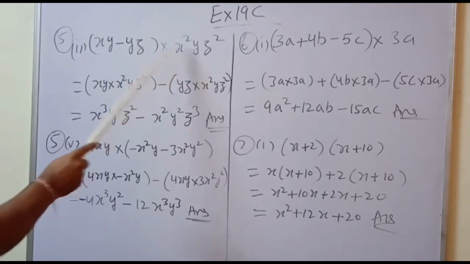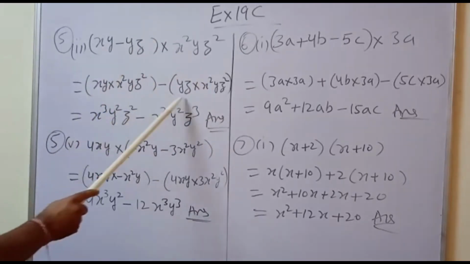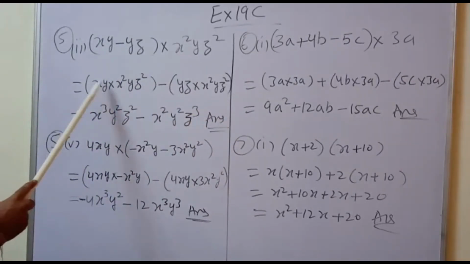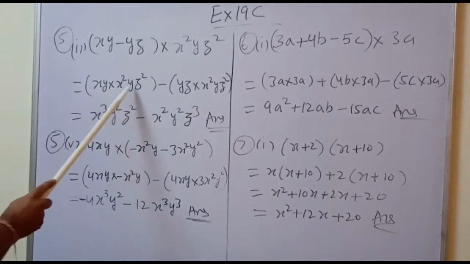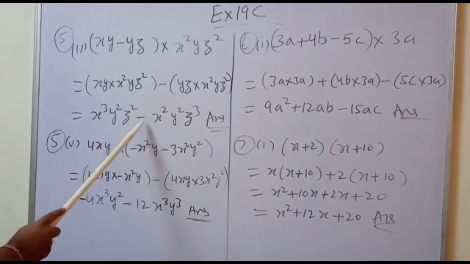We will multiply the monomial to the first term. We will multiply the monomial to the second term. So write in that manner. Powers will add together in the same variable. So x into x square, x cube, y into y square, z square as it is. Same here, minus sign as it is.